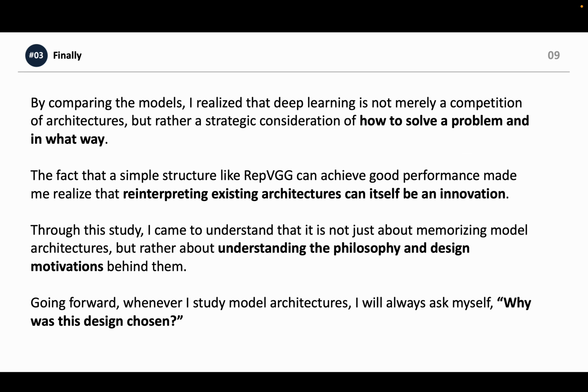Through studying these models, I learned that deep learning isn't just about architecture competition, but about strategically solving problems. RepVGG shows that simple architecture can still perform well if we interpret it smartly. I realize it's important to understand not just how a model works, but why it was designed that way. From now on, I will always ask myself that question